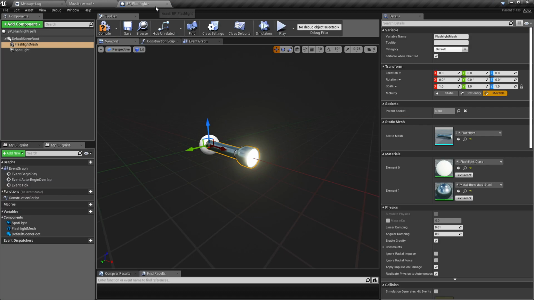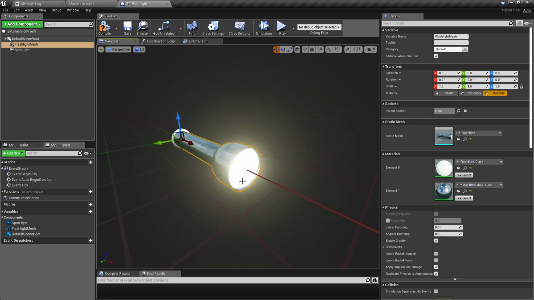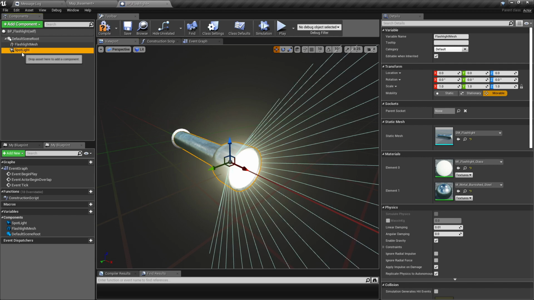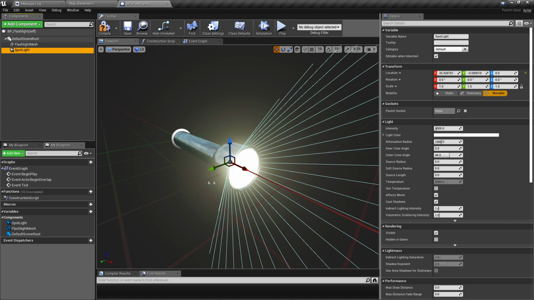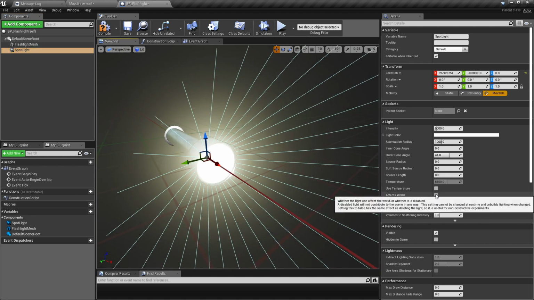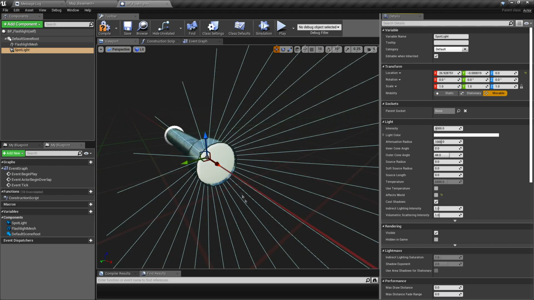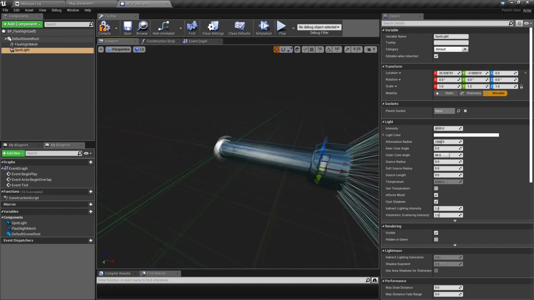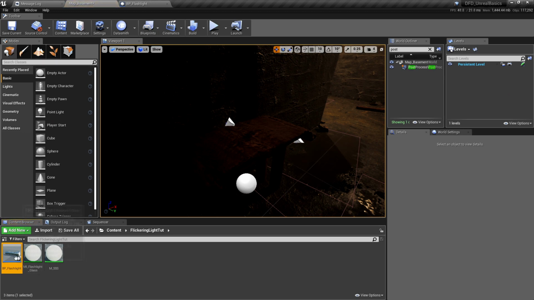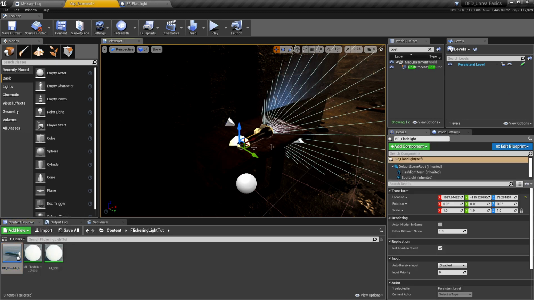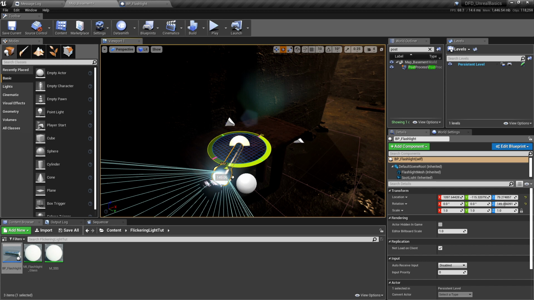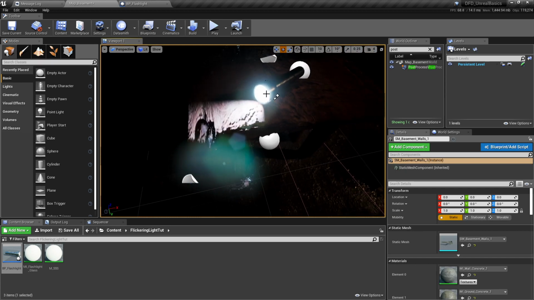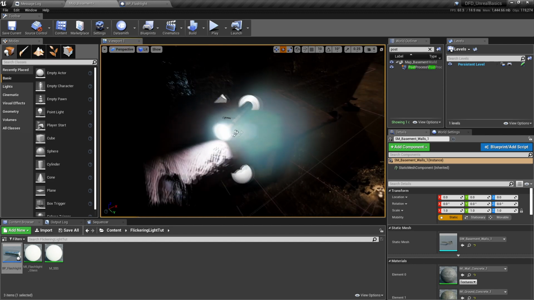You can already see that the material emits light because the spotlight behind it emits it. As soon as we turn off effects world, the material will no more shine. So let's place this guy into our level. So now the intensity of the light is pretty high by default, and I don't want that to be that high